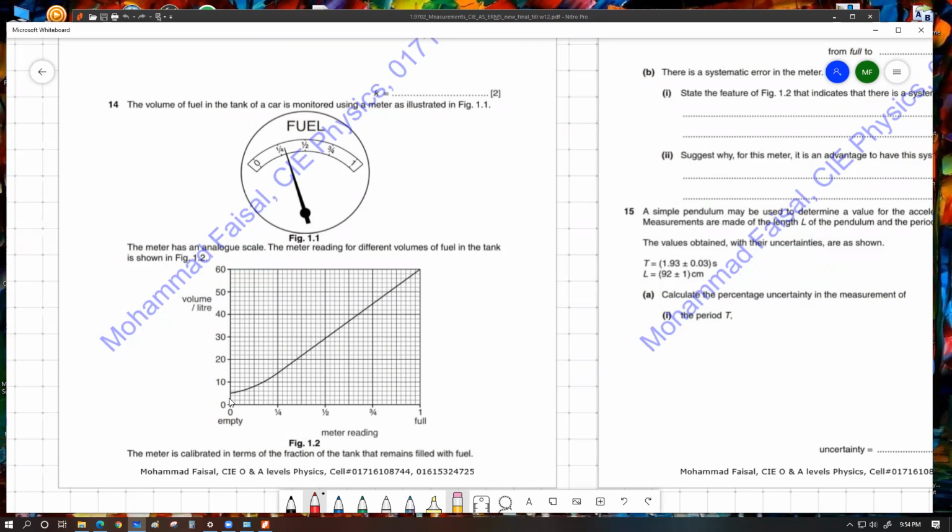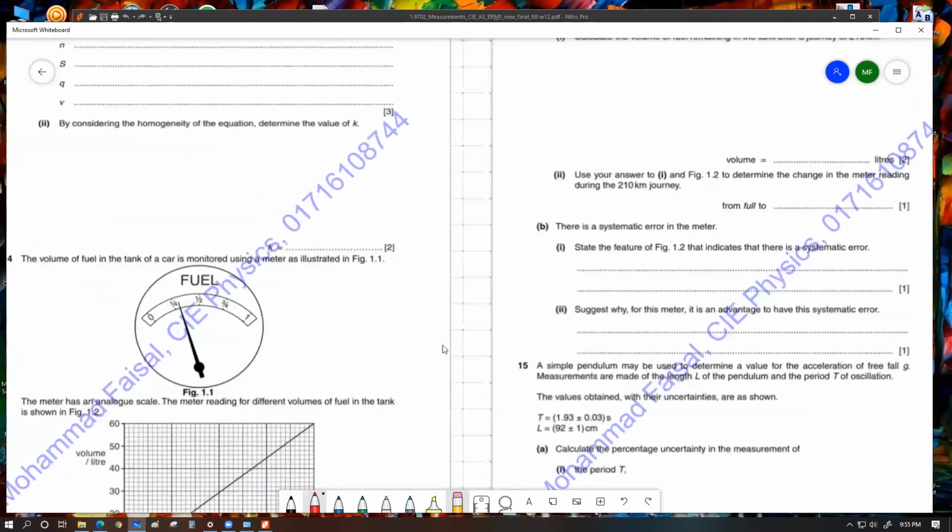Why is this beneficial? Because it will compel you, or mentally push you, to refuel your car before it reaches zero. And even if someone is careless enough to let the fuel gauge come all the way to zero, they still have some fuel left to go a bit of additional distance so that they could find a refueling station or a source of oil. I'm not saying the USA invading Iraq or some other country for the research of oil. I'm saying basic oil stations, something like that. বুঝছো কি বলছি? এটা হচ্ছে এরকম অফসেট স্কেলের অ্যাডভান্টেজ।